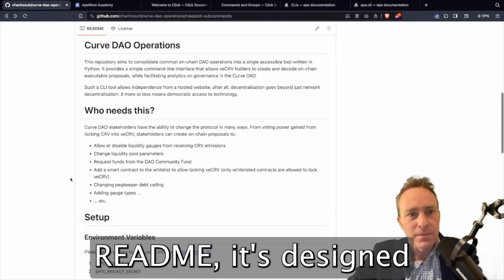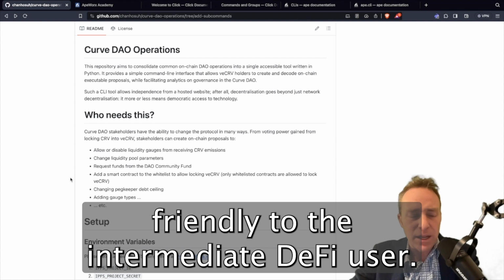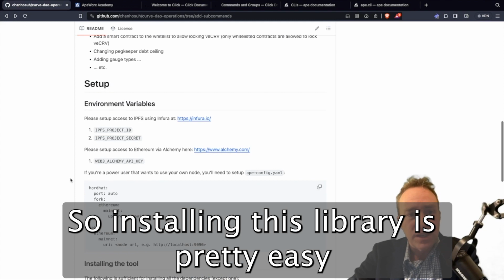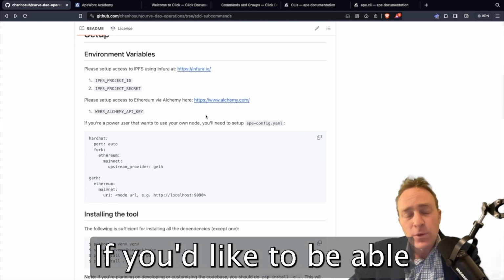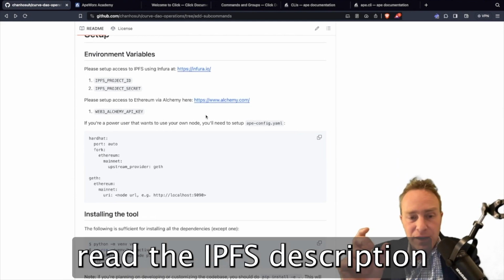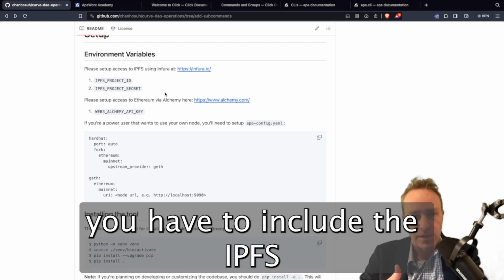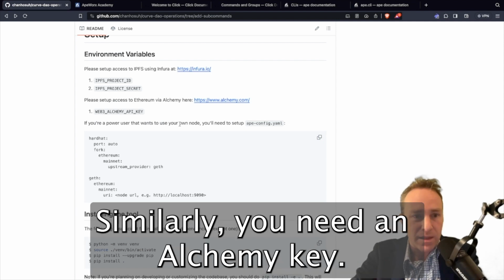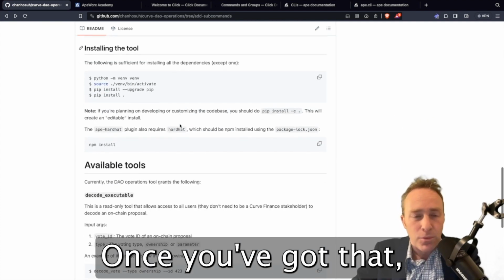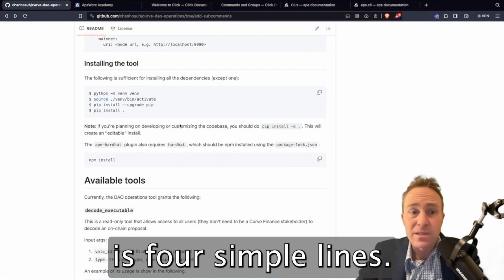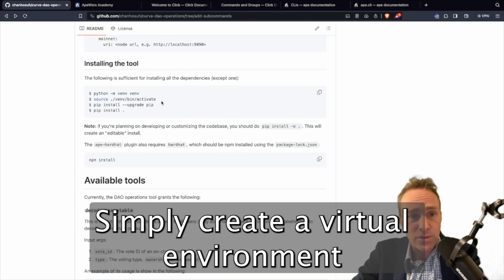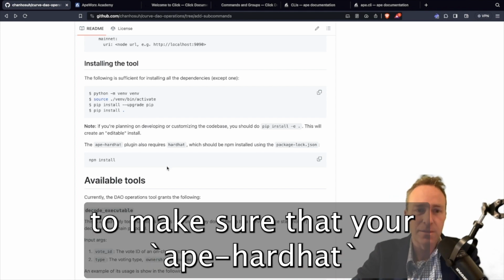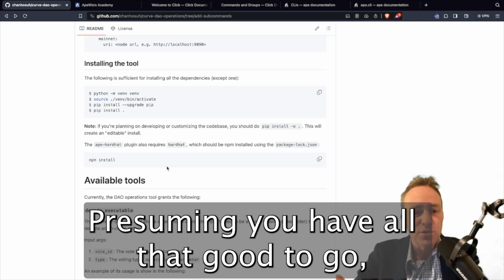As you can see from the README, it's designed to be friendly to the intermediate DeFi user. So installing this library is pretty easy to get up and running. If you'd like to be able to, for example, read the IPFS description of any governance proposal, you have to include the IPFS project information within your environment variables. Similarly, you need an Alchemy key. Once you've got that, the installation of the tool is 4 simple lines. Simply create a virtual environment and then install the requirements file. And you'll need to run an npm install to make sure that your Ape hard hat is up to date. Presuming you have all that good to go,